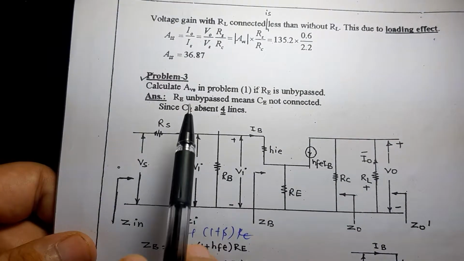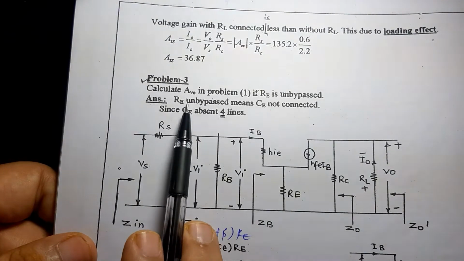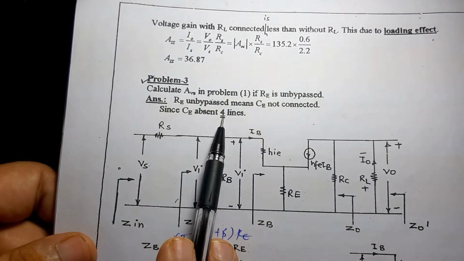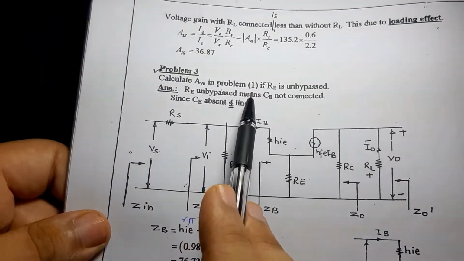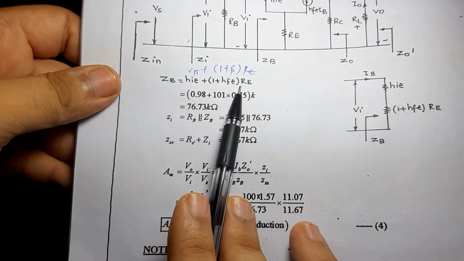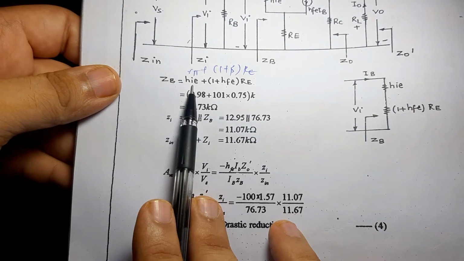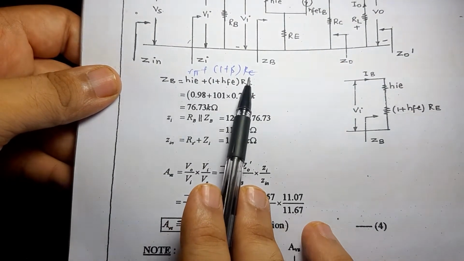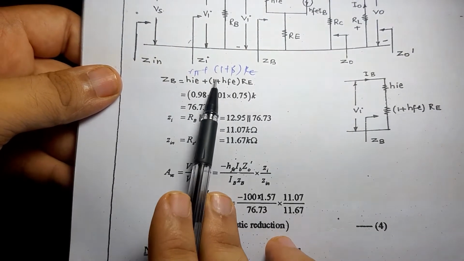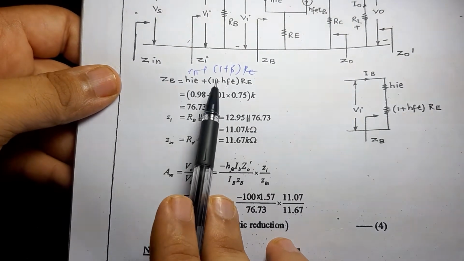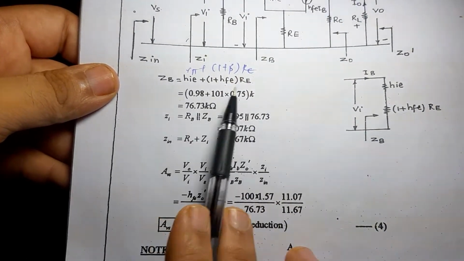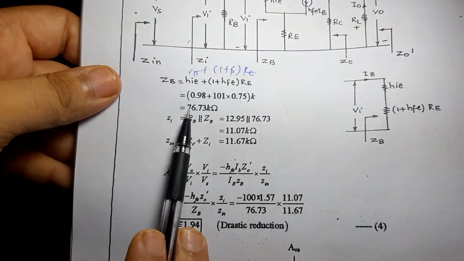Now, we have been told that RE is unbypassed, that means since CE is absent, for RE we should draw 4 lines over here. Now, your ZB is given by HIE plus 1 plus HFE into RE, which is nothing but your R pi plus 1 plus beta into RE. So substituting the values, R pi is 0.98 plus 1 plus HFE, HFE is nothing but your beta. So it is nothing but 1 plus 100 into your RE, that is nothing but 0.75 kilo ohms. So the value that you receive over here is nothing but